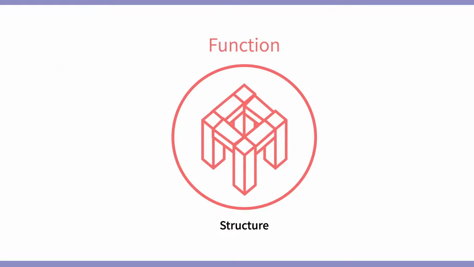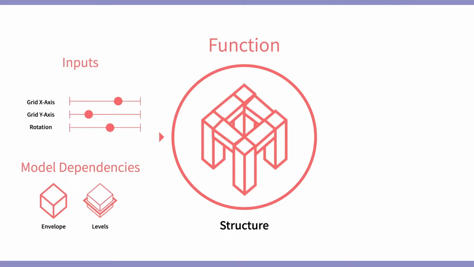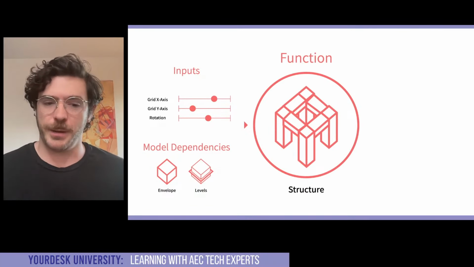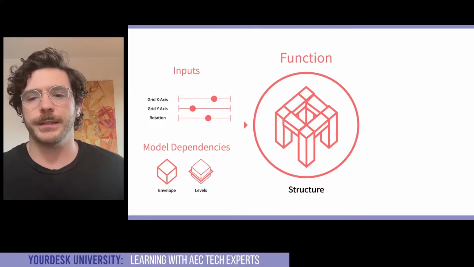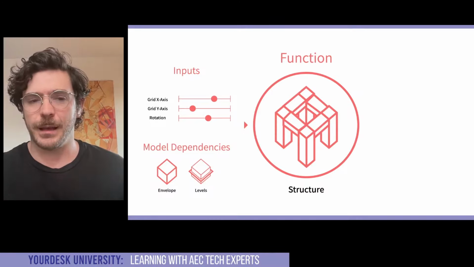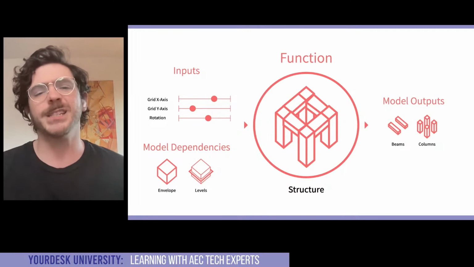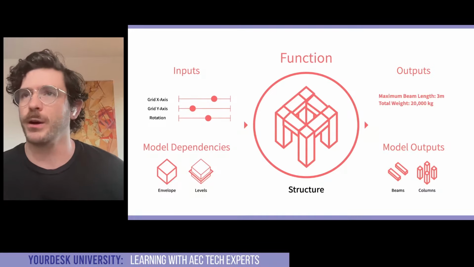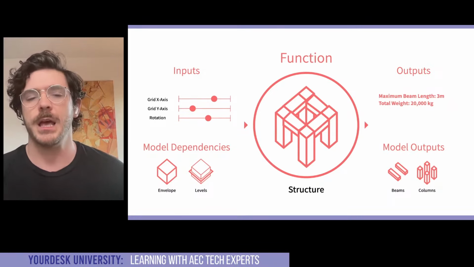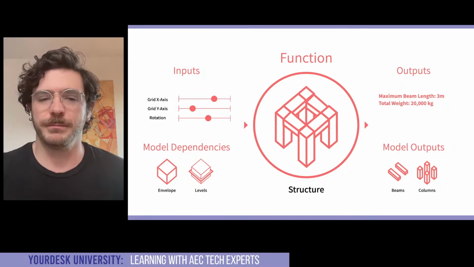And each of these functions basically defines what its inputs are, what information it needs from the user, or what options or parameters there are. What other parts of the model does it need access to? So the structure function probably needs to know where the levels are and what the building is shaped like. And it produces outputs, and these can be BIM entities like beams and columns, as well as data-oriented outputs like numerical values or tables or other things like this. So every function on Hypar basically does this.